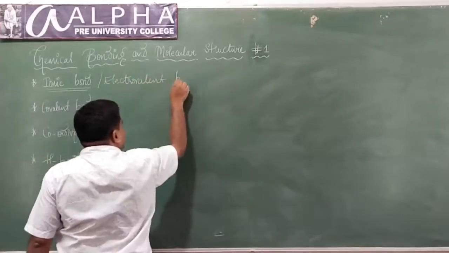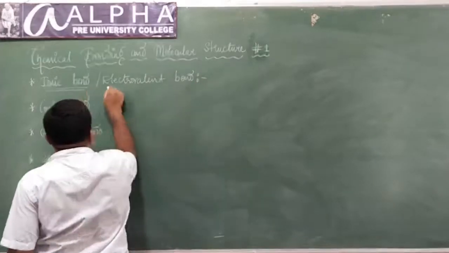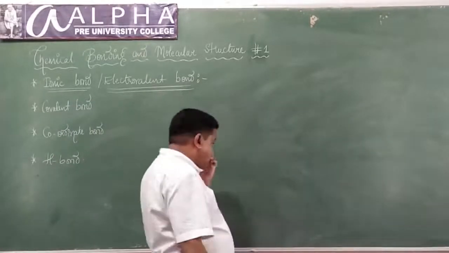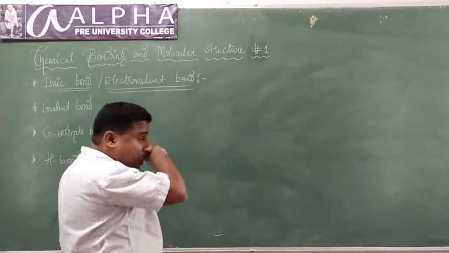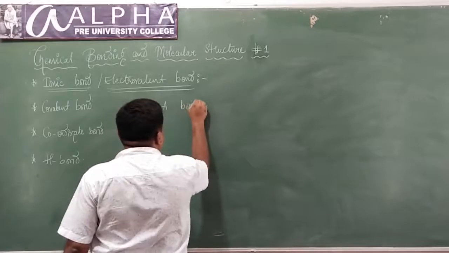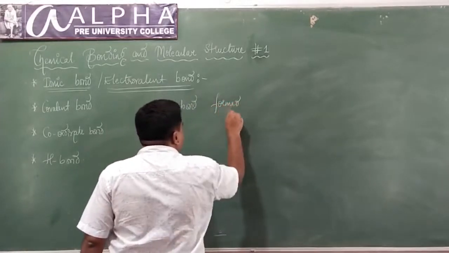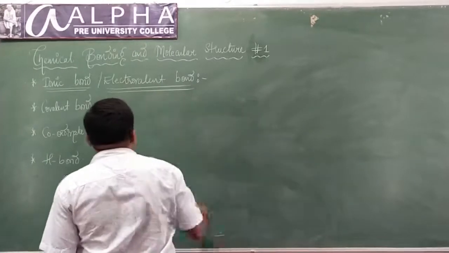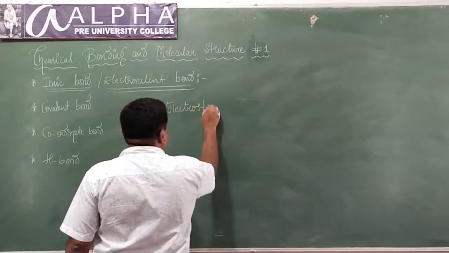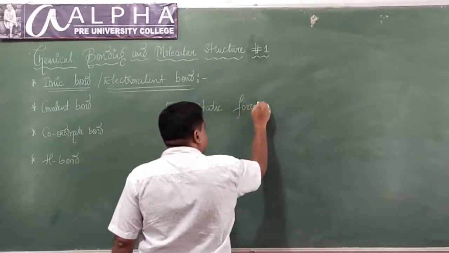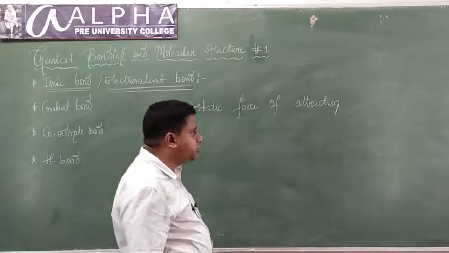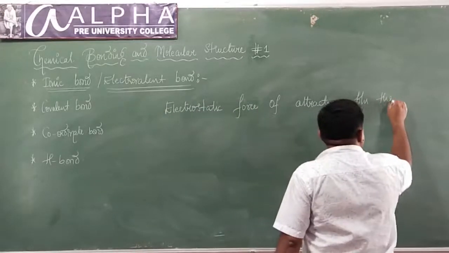Let me define the ionic bond as a bond formed by electrostatic force of attraction, the electrostatic force of attraction between the oppositely charged ions